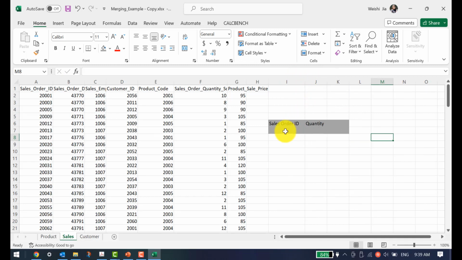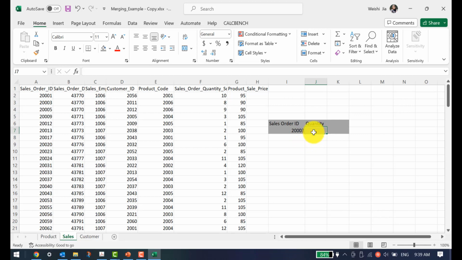And in cell I7, I'm going to put in a sales order ID. Let's make it 20003, for example. And in J7, what I want the cell to return is the quantity that's sold in the sales order